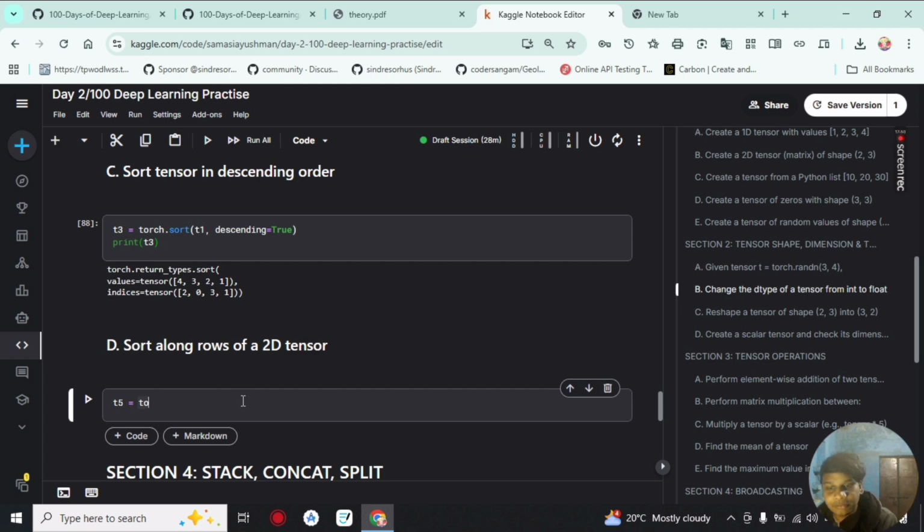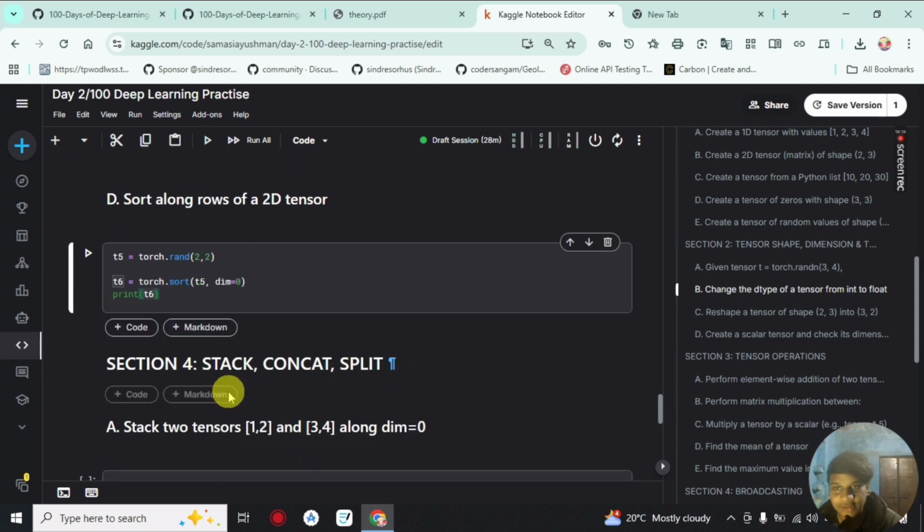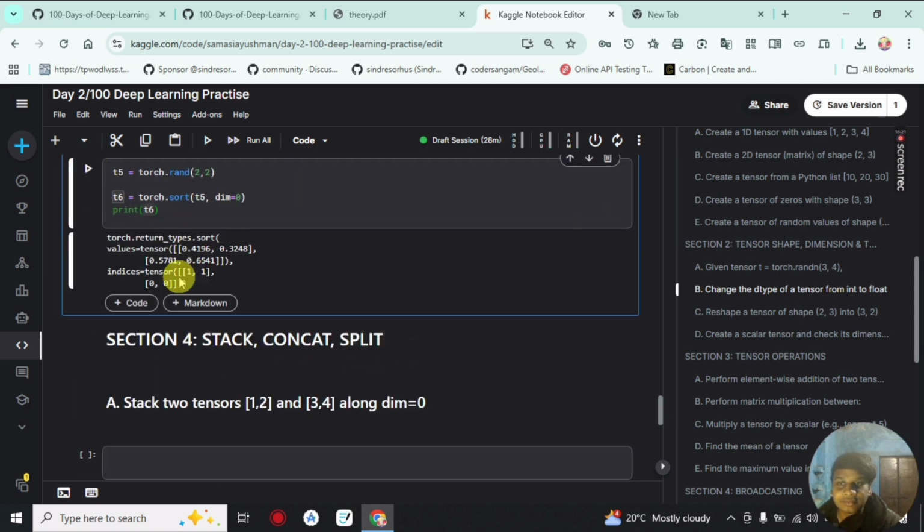2D tensor named torch.random 2 cross 2, and we sort using torch.sort on T5, and here we say dimension equals 0, and we print the T6 here. Okay, and we get